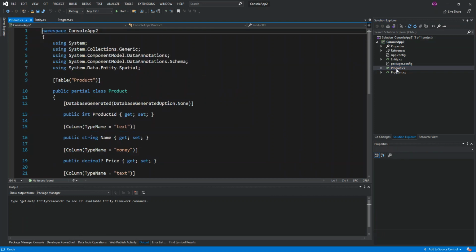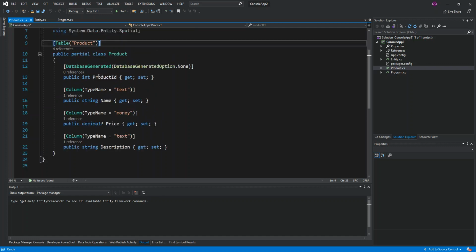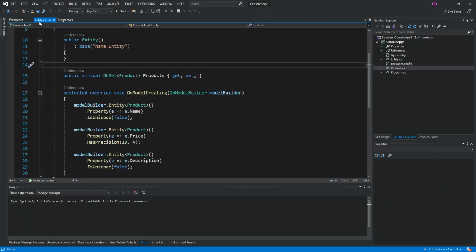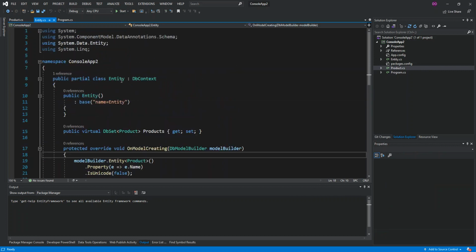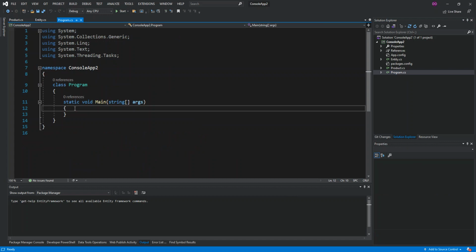If we look at it, we've got all the necessary properties inside the table, like the name, the money, as we added when we created the database. As you can see, it's not difficult. We've got the entity class, so we can grab the data that we added inside the database by doing